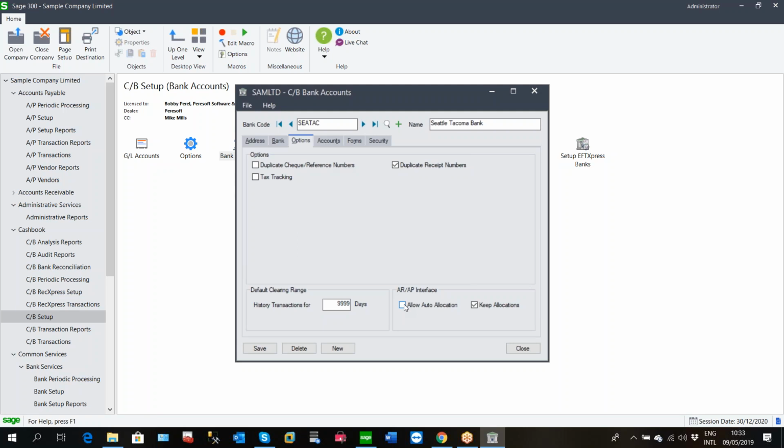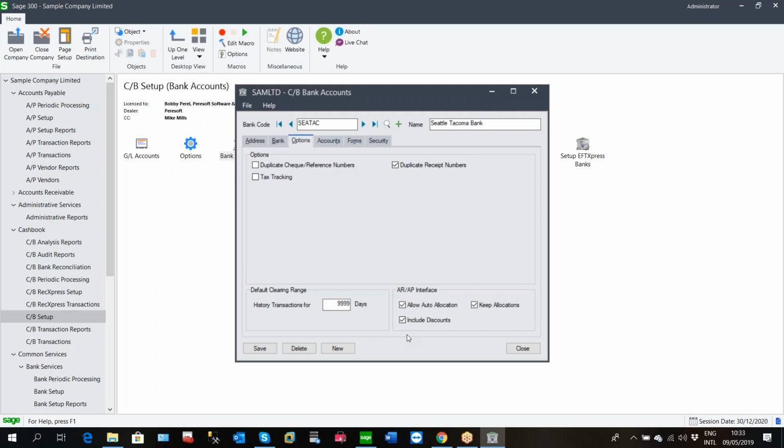If you select allow auto allocate, then you'll see another tick box pop up, and that is include discounts. If you toggle on include discounts, as it does the auto allocation for each of those documents that's outstanding for that customer or vendor account, if there is a discount that can be realized if you pay by a certain due date, and if you've met that due date and that discount now applies, it will then take the discounts into account. In other words, if I've got an invoice for 100 and I've got a discount of 20 if I pay by the 9th of May 2019, it will then